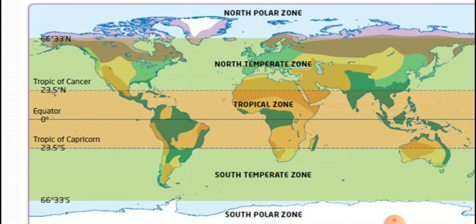This zone receives straight sun rays throughout the year. There are variations, but normally they get straight sun rays. So it is known as the tropical zone. It is hot. Then from 23.5 to 66.33 north comes the northern temperate zone. So you can see over here that half of India is in the temperate zone, and the southern India from Gujarat is in the tropical zone. The tropic of Cancer passes through Gujarat just above Gandhinagar, at 23.5.